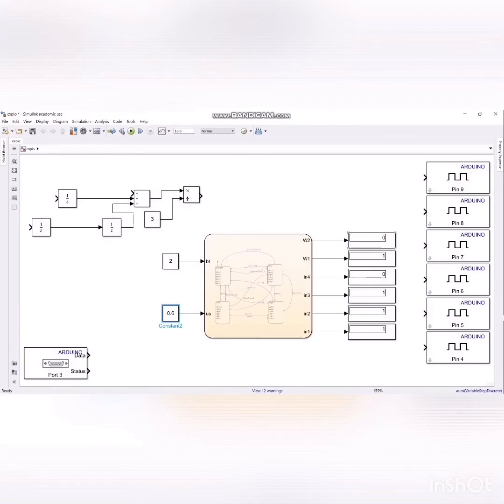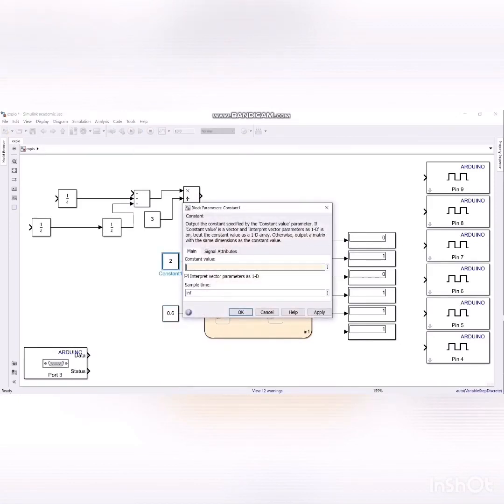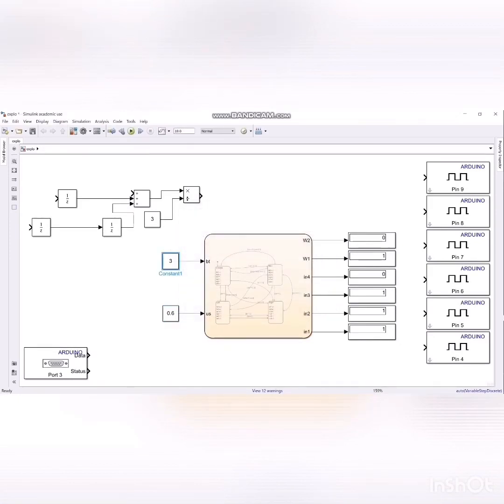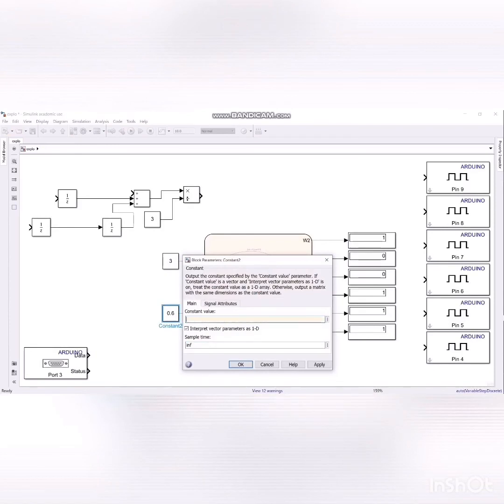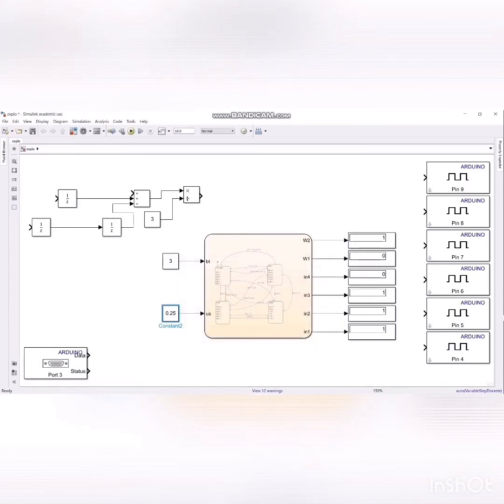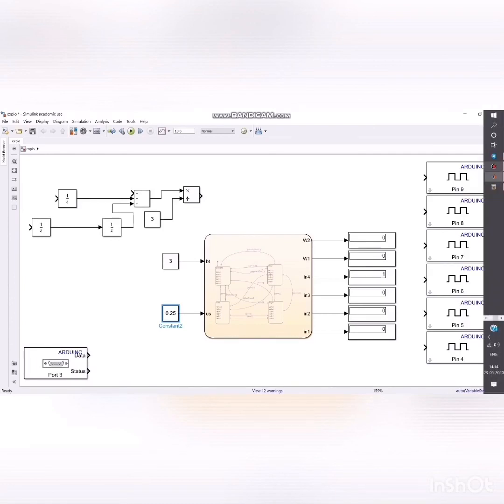Now the bot turned towards right, LED is off, brushes are on. Case 7, BT is equal to 3, US is greater than 0.3 meters. Now the bot turned towards left, brushes are on, LED is off. Case 8, BT is equal to 3, US is less than 0.3 meters. Wheels are off, brushes are off, LED is on.